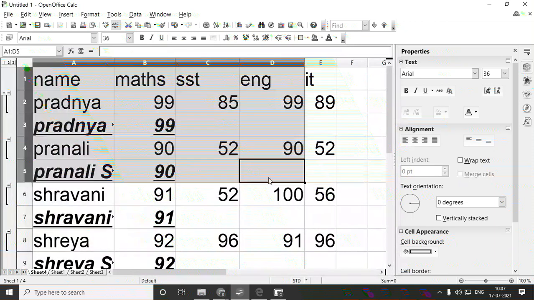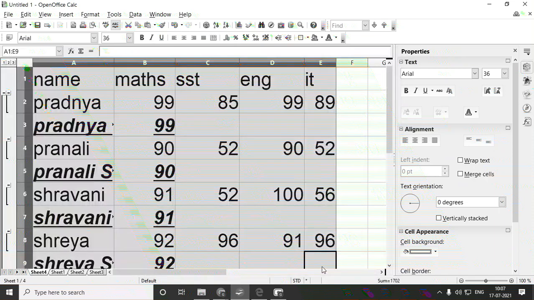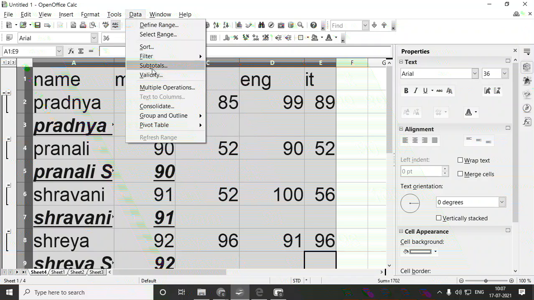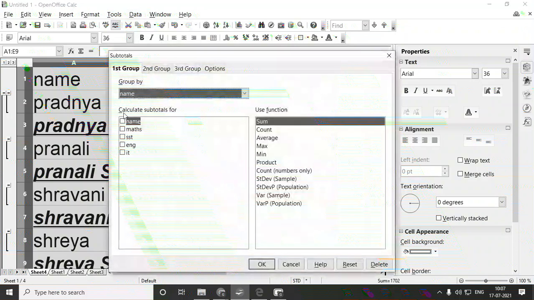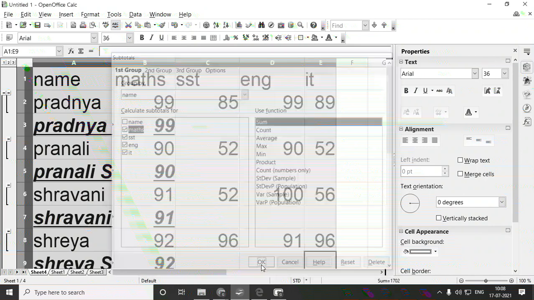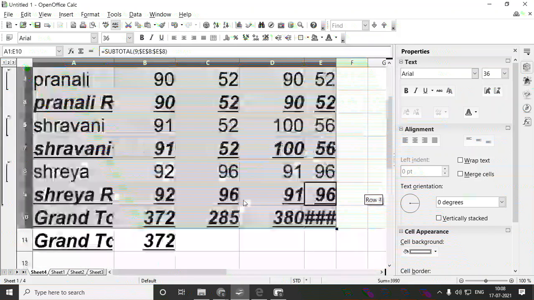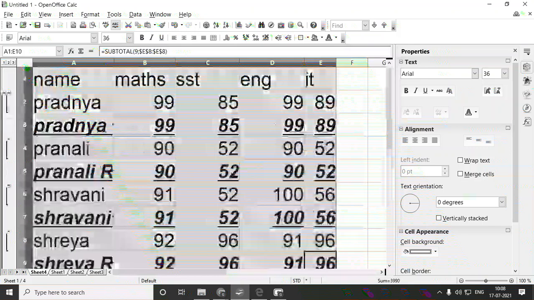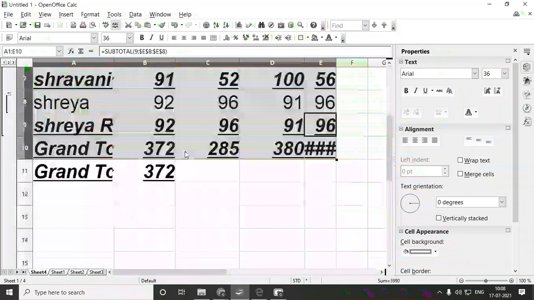Suppose I want the full marks added. Just click on Tools, Data, Subtotals. Here I want to group by name. I want each subject's marks: maths, SST, English, IT. I just found the maths marks, so I'll not choose maths. I'll use the sum function. So it is giving me the total marks of each subject, and for each student it is giving me the